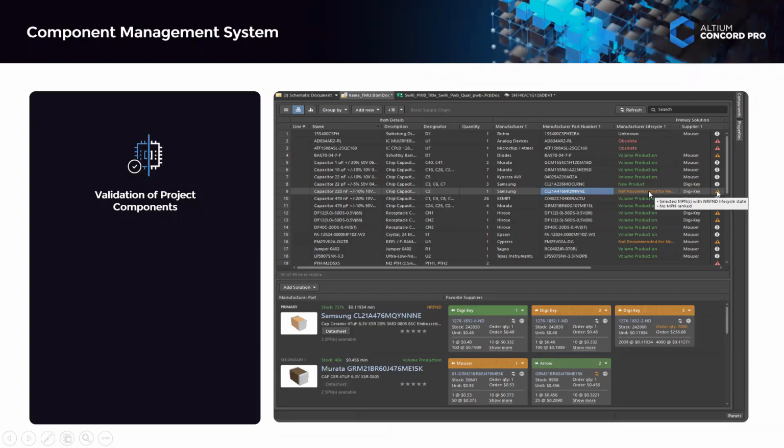It means that this component is not available in the market. Maybe the component has not yet been designed and come to the market, so they say it is not recommended for design. And when you go to see the obsolete, it normally says that the component life has ended. Those are shown with a triangle with an exclamation mark. That means those components have to be updated.